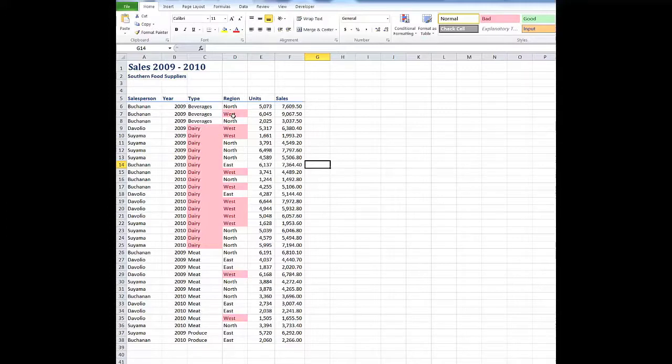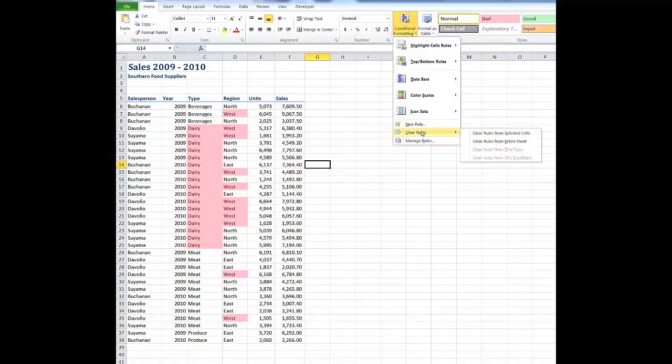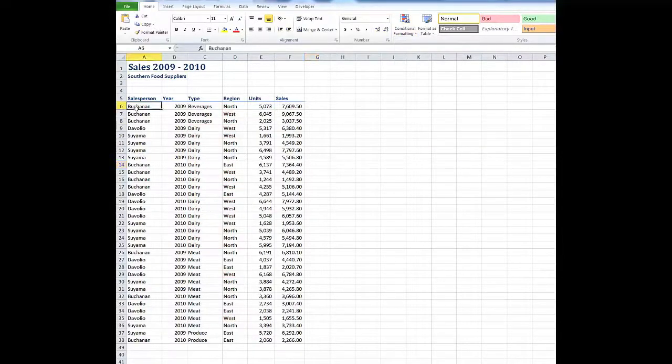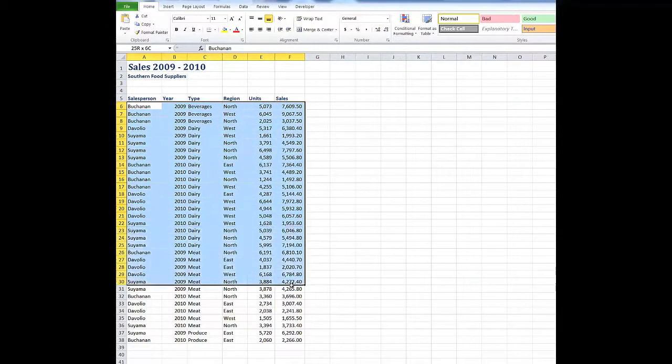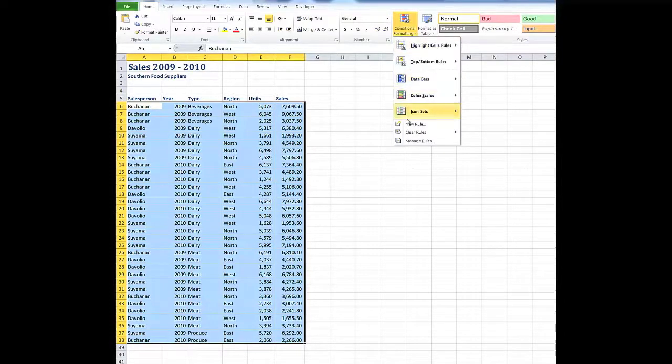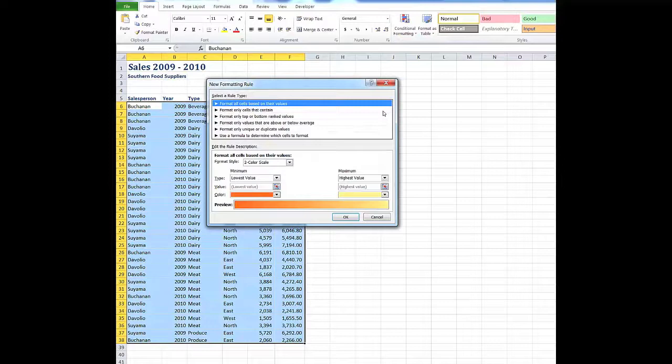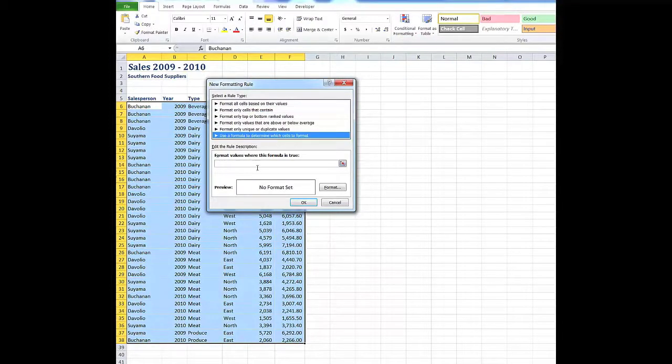was west? So what I'm going to do is to just clear the rules at this stage from the entire sheet, and now the procedure is I need to select the entire spreadsheet matrix down to there, and then I say conditional formatting, but I make a new rule, and I'm going to use a formula to determine which cells to format. And that formula will be equals AND, in an open bracket, where